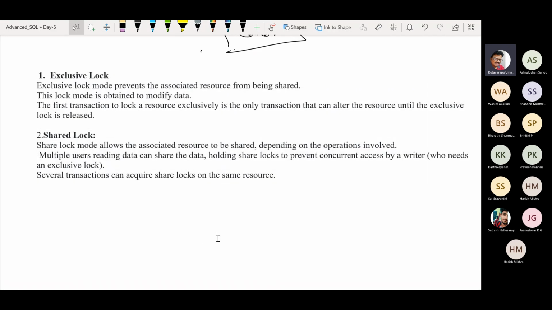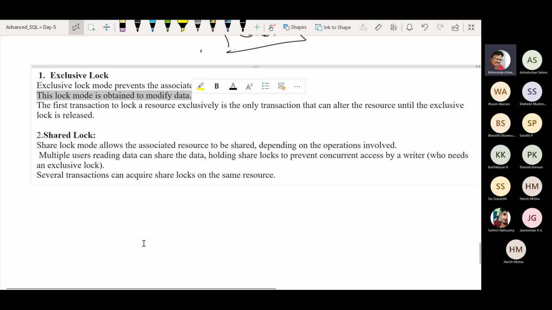Exclusive lock mode prevents the associated resource from being shared. That means only one user at a time can access the data, and sharing of that particular data for the write purpose is prohibited. Moreover, the main purpose of this particular lock is to modify the data,